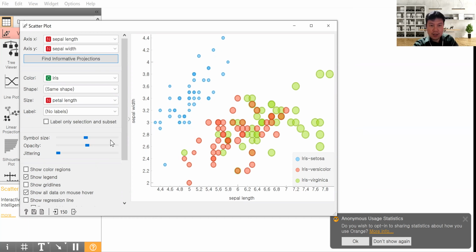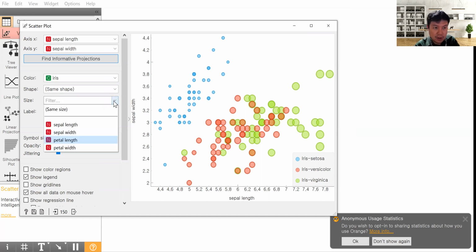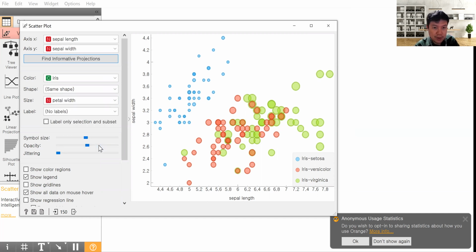Then you can see this is a kind of bubble chart. The bubble chart shows different bubble sizes respective to the different attributes. Or if I want to check the petal width, you can see this bubble is bigger than the other compared to the blue one.